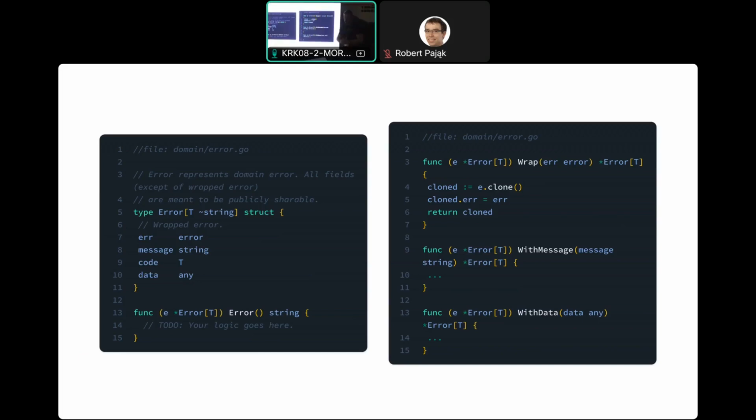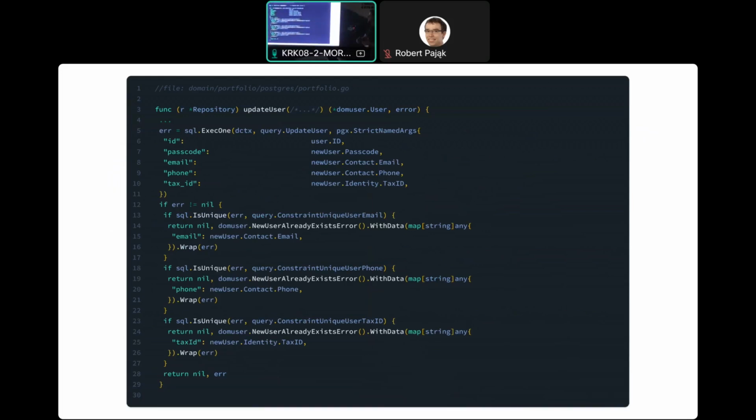Here on the left, again, the definition that I showed you before of the domain error. And on the right, you can actually build on top of it. So what's quite useful is just to define a wrap function. The wrap function wraps the original error that happened, and you can log it or send it to your Sentry, for example, if you want. You can attach an additional message or overwrite the message that was there, and you can add additional data. Now, this is something that I want to highlight specifically. That's not used very often. And here is an example where it's super useful, especially to your API consumers.